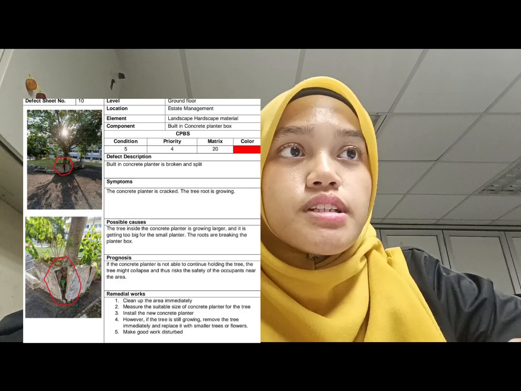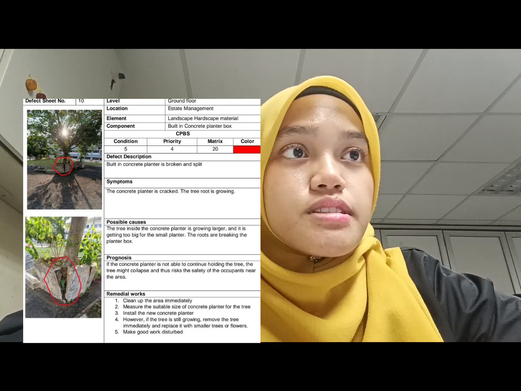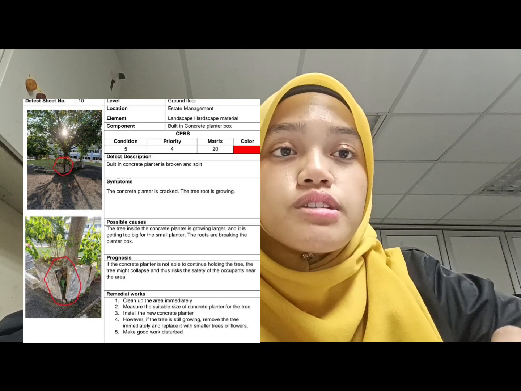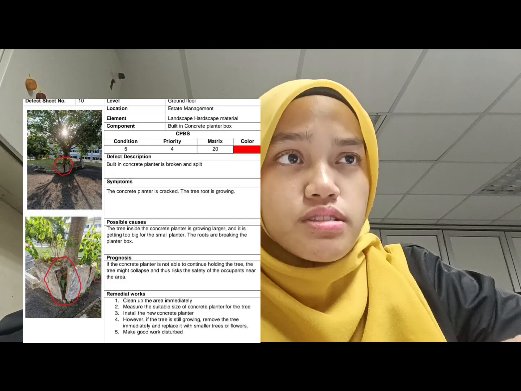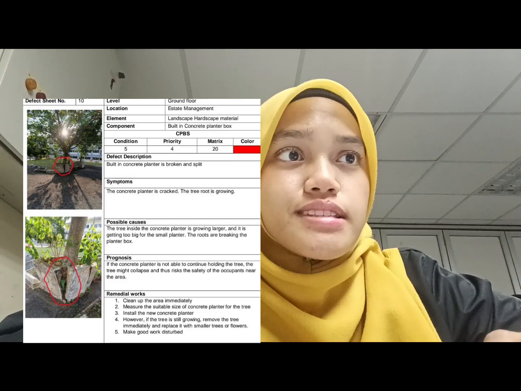So the defect description is built-in concrete planter is broken and split. The symptom is the concrete planter is cracked and the tree root is growing. The possible causes is the tree inside the concrete planter is growing larger and it is getting too big for